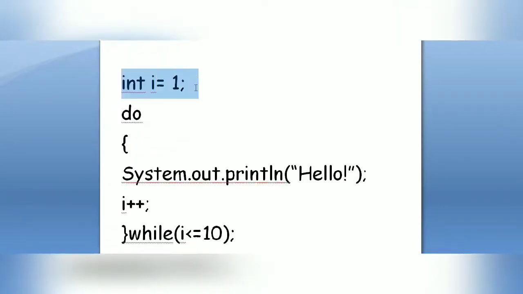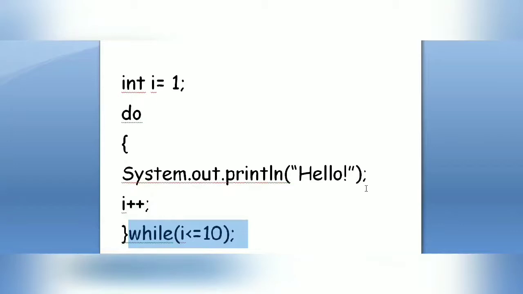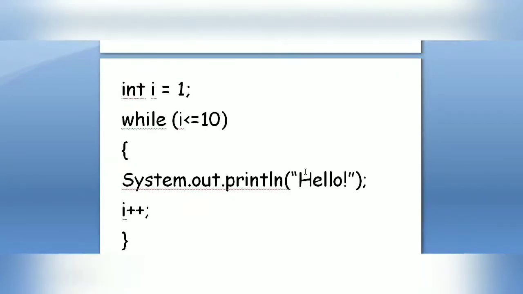Now let us understand do while loop. Do while loop, see, initialization. Here there is no condition. That means after initialization, even if the condition is not matching, at least the loop is going to run once. So do, and then it's going to work. Update, then the condition will be checked. So here I think we can see the condition is checked at the end. That's why we say do while loop to be exit controlled.